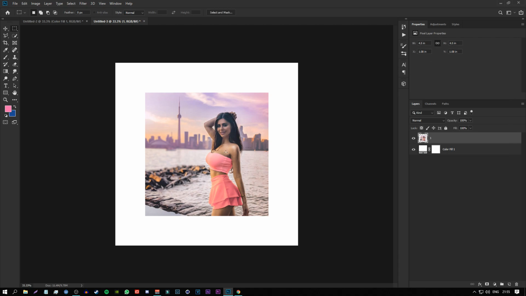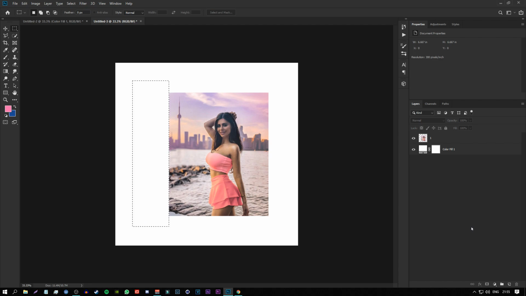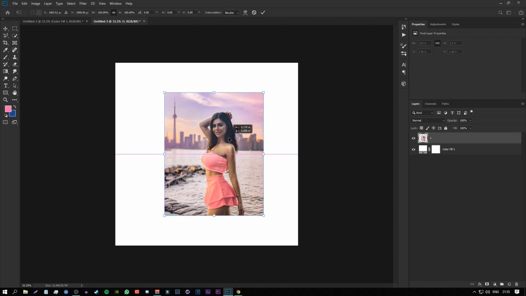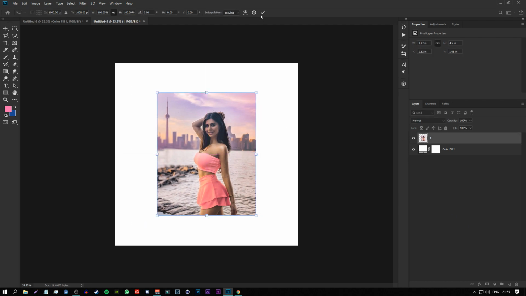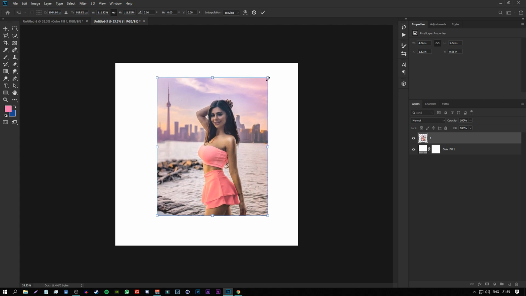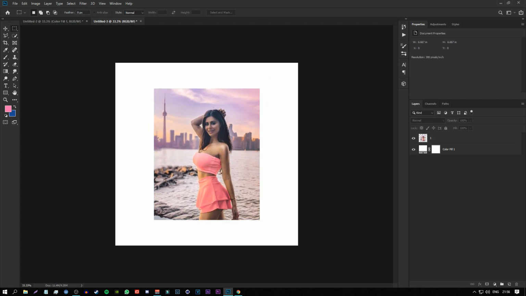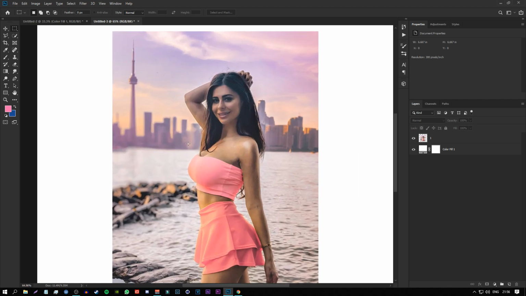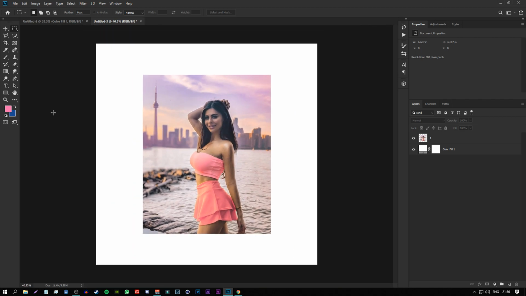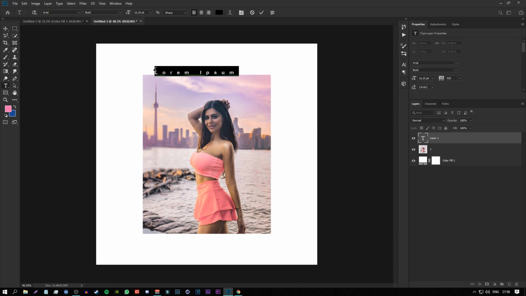I'm gonna rasterize that layer so you can cut it. I'm gonna cut this part away, put it in the center. Right, that should look good. Okay, so we have our picture in here, and now we're gonna bring up the text and I'm gonna write